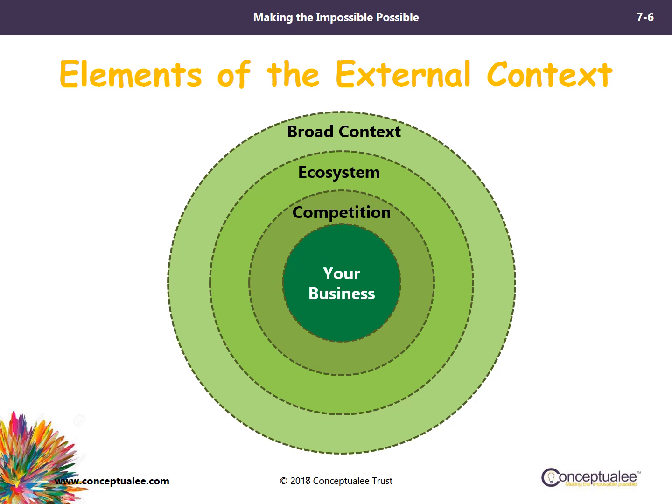The diagram shows your business at the center. The business's environment includes the competition with your business, the ecosystem your business is a part of, and the broader context or society that the business interacts with. These contextual elements represent many variables that are underneath these large categories that your business must navigate.